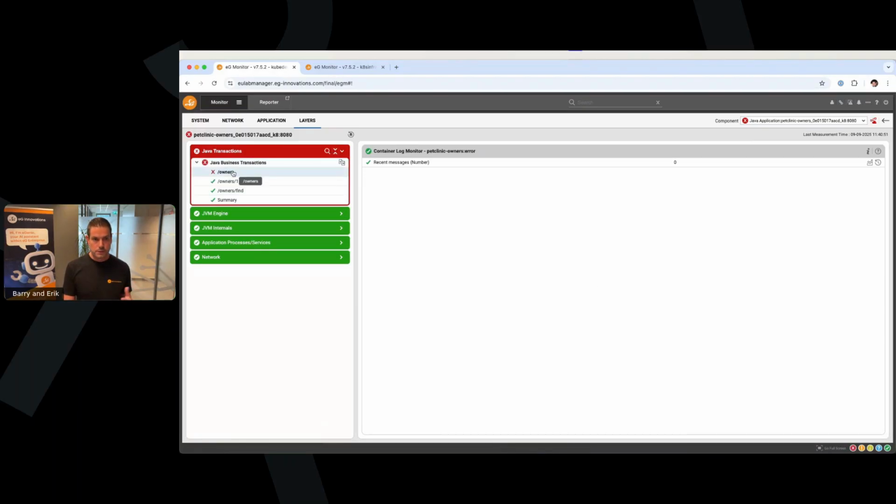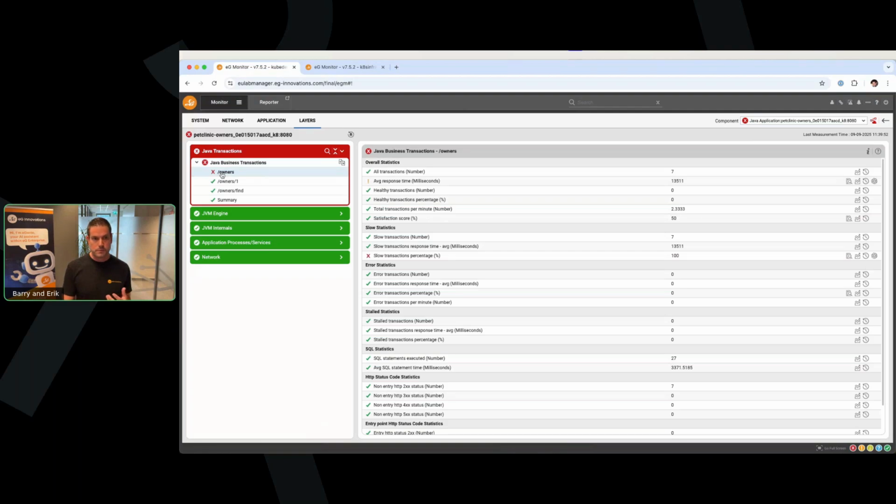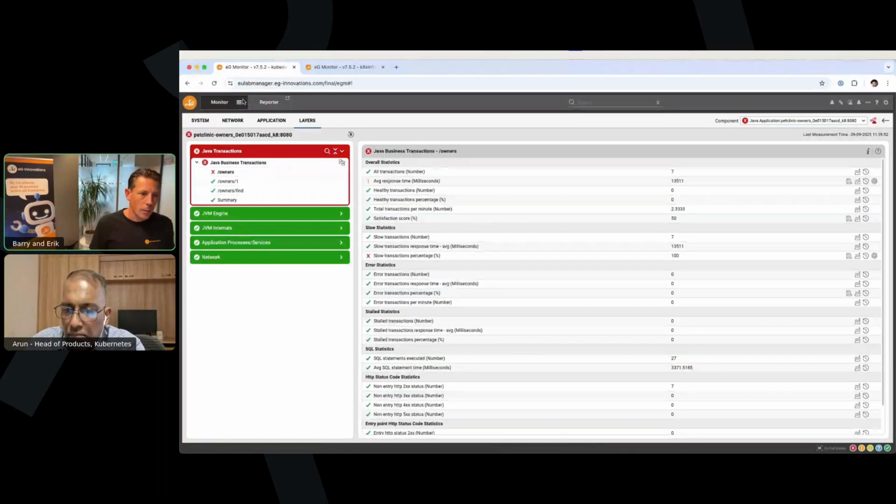And as I mentioned, using auto instrumentation, we can also track basically the transactions of the user. And with that, I will hand over to Barry. Yeah. So now Eric has obviously explained infrastructure monitoring and Kubernetes monitoring from an infrastructure perspective. Obviously, in observability or end-to-end monitoring, we need to know more than just what's happening within the infrastructure, but we also need to know what is the health of the application running on the system.